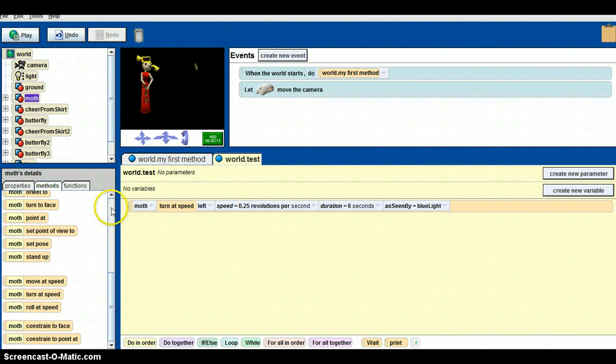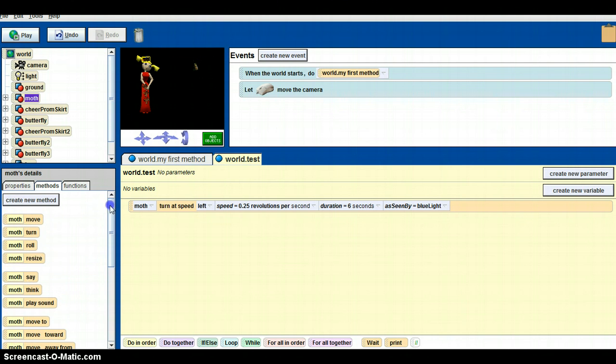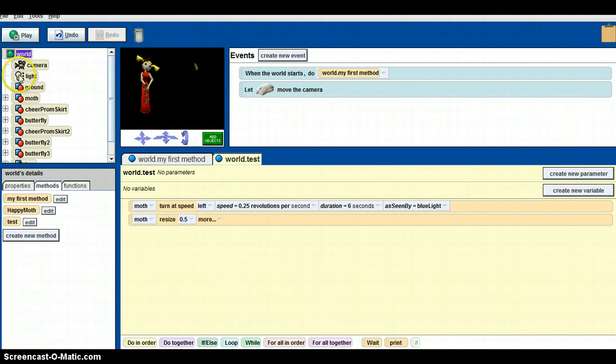And then we also had moth resize. And made him half as big because he's kind of happy, but he's kind of getting small too, just so he can be lighter and freer. So when you do this, and you go back to world, you're going to see,